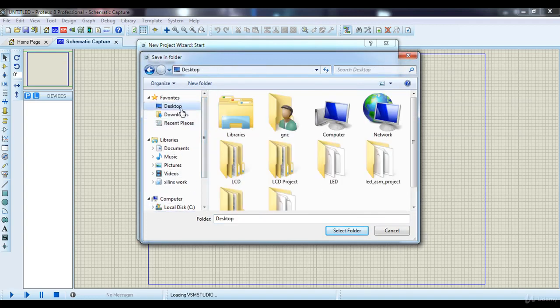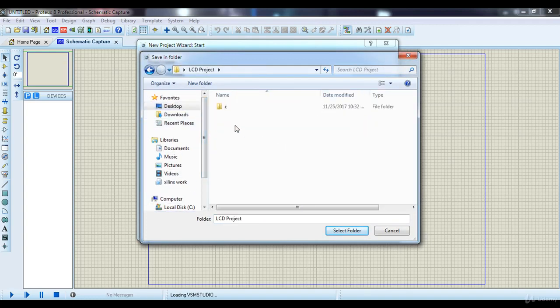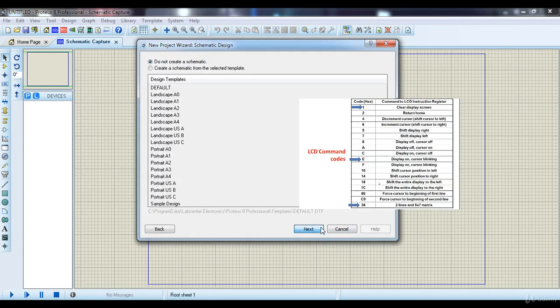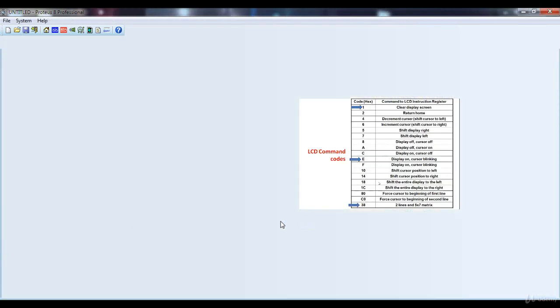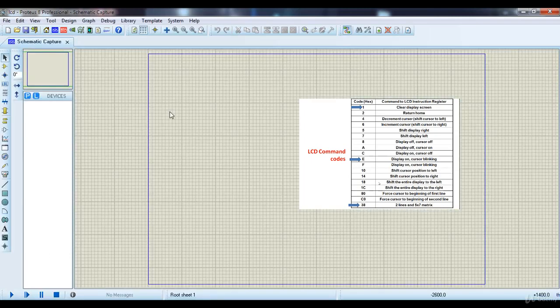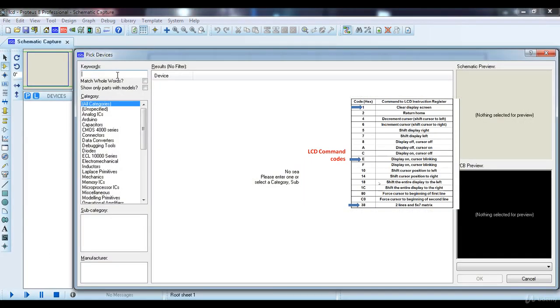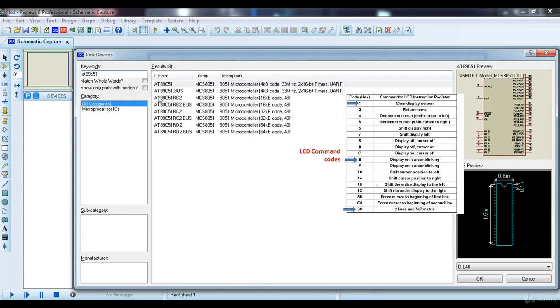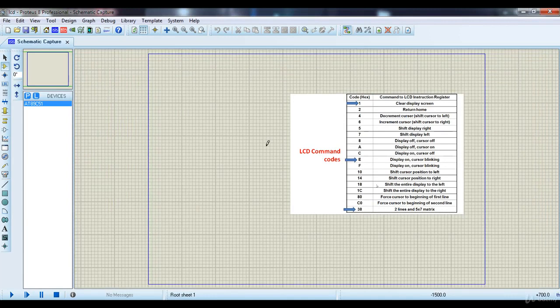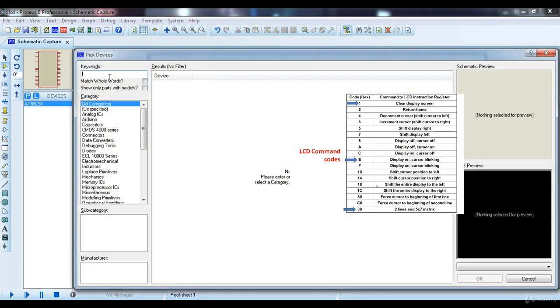Simply browse the location where you want to save your project. Then click next, finish. Click on the IS icon. Choose the microcontroller that you want to use. And we need LCD also.